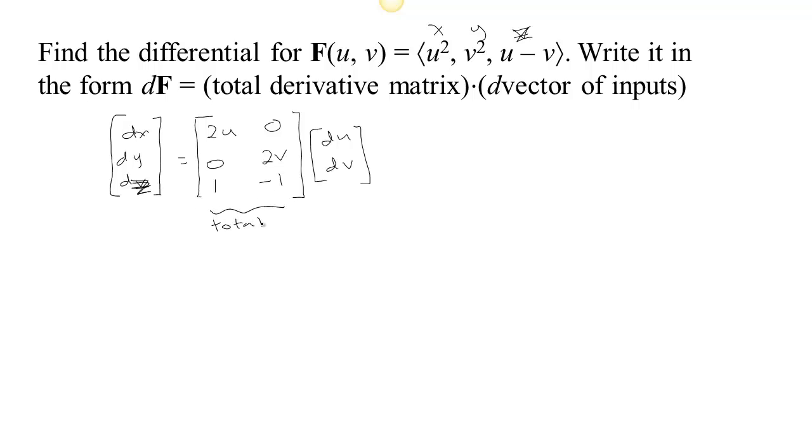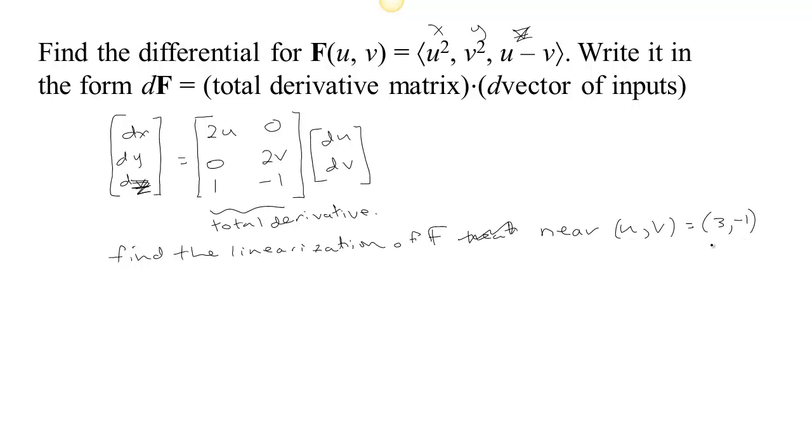Here, it has all of those derivatives organized in such a way that we could take the vector of changes in input and multiply it by this total derivative matrix, and that would give us the individual changes in output for our function. So we could use this to find the linearization, or the tangent space, of our function bold f near some particular point. Let's do it near some point like where (u, v) equals